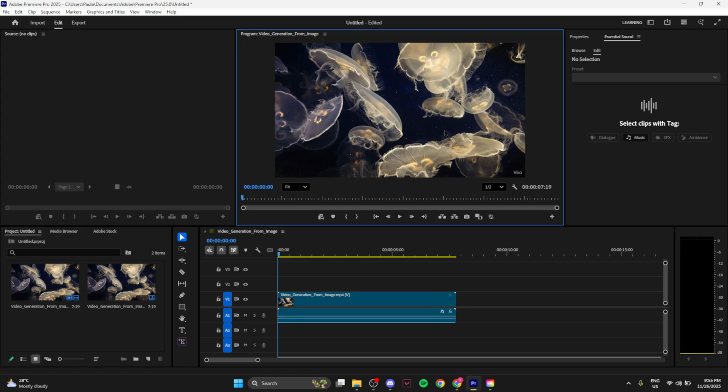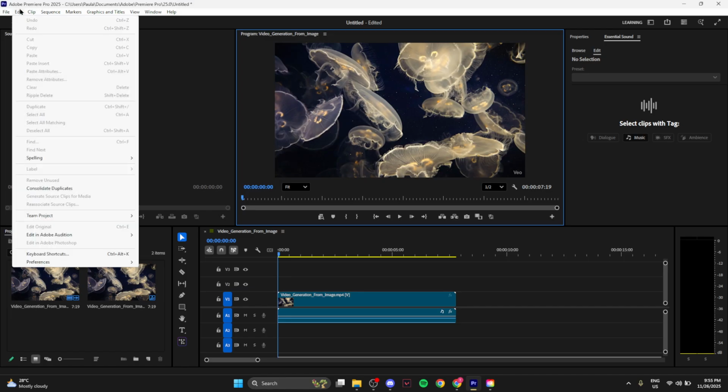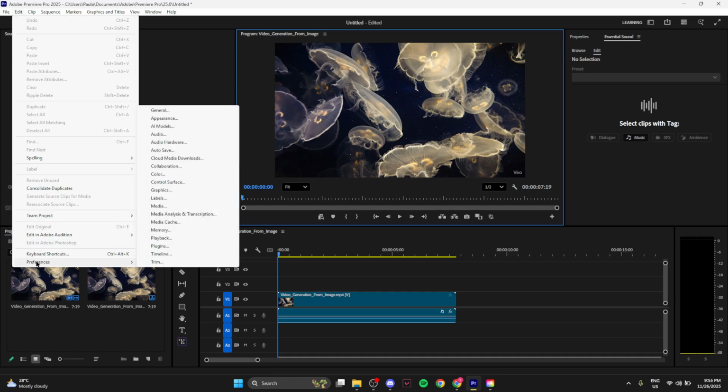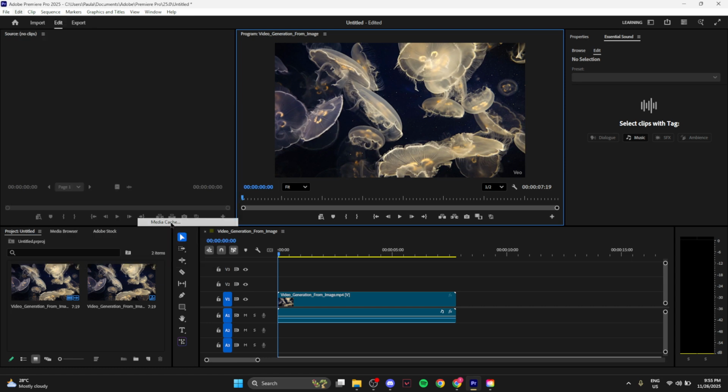First, let's tackle the issue by heading over to the Edit menu in your Premiere Pro application. You can find it right at the top of your screen. This is where you can access a wide range of settings and preferences that may help resolve the issues. Once you're in the Edit menu, the next step is to navigate to the Preferences section, and within that, select Media Cache. The Media Cache stores various render files and other temporary data that can sometimes become corrupted, leading to